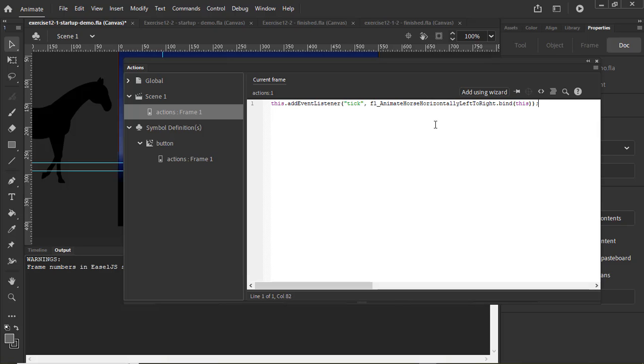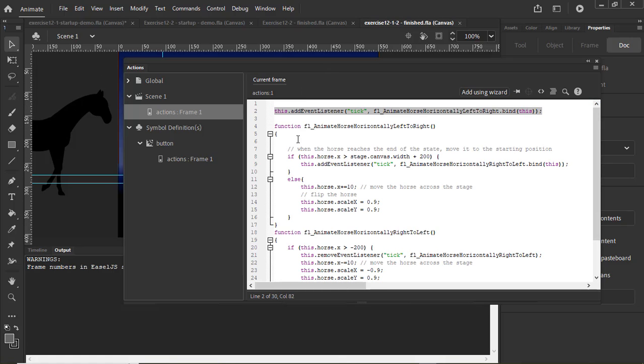This is when the horse will animate horizontally, and we will break that sequence in 2 steps. We will make the horse go from left to right first, and then we will make it go from right to left. So the first thing we have to do is obviously to call that function, and I gave it a really long descriptive name. So in the interest of time, I will just go here and grab this function